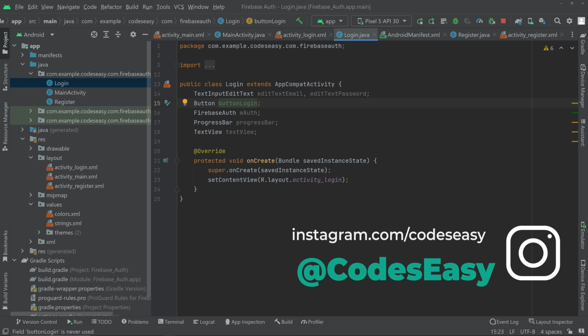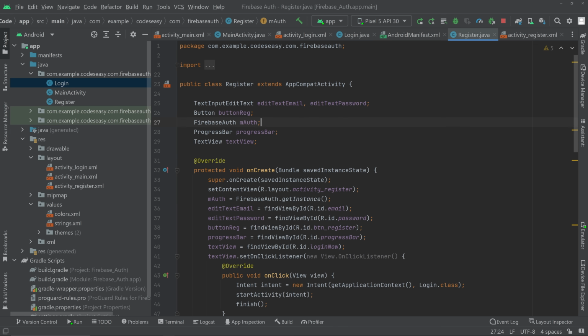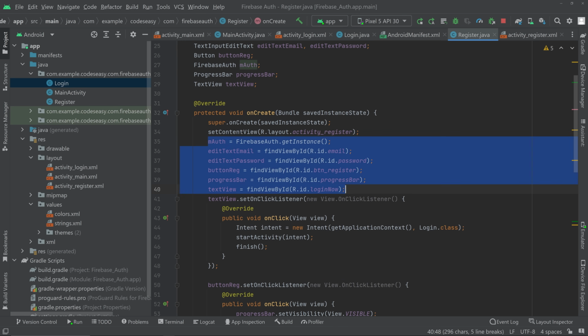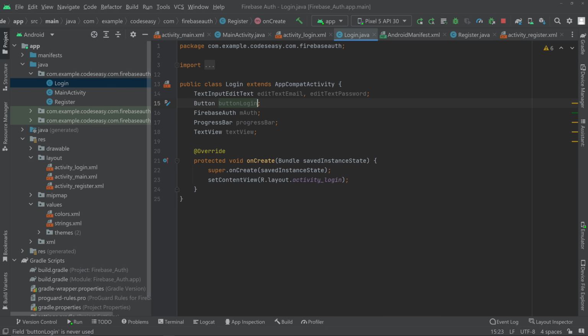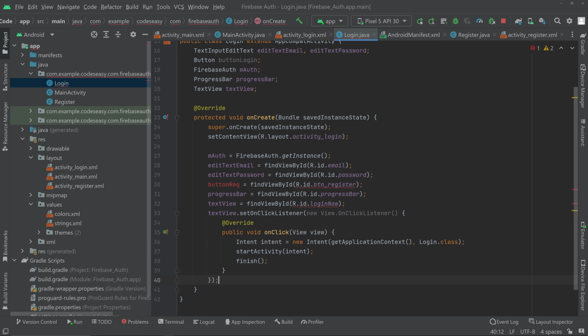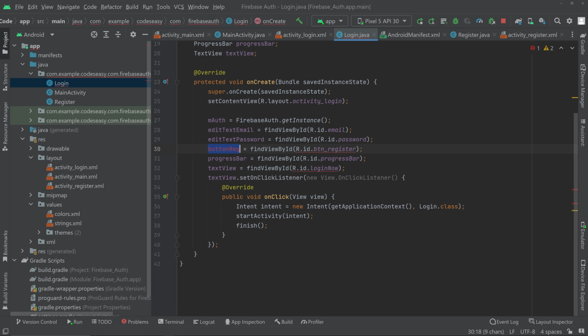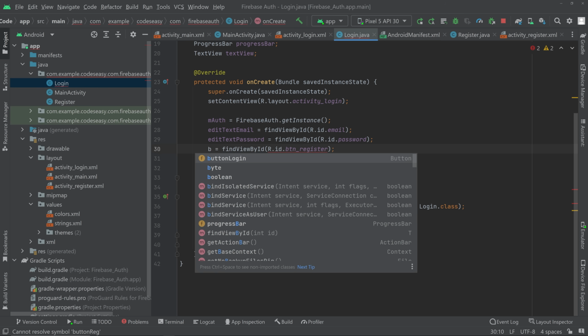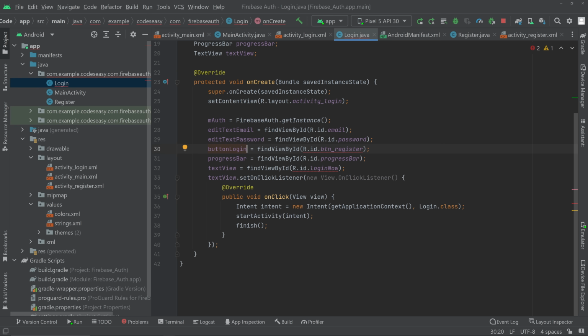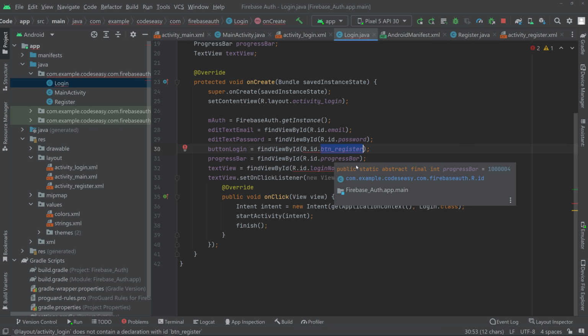Okay, that's all. Now you can go to the Register.java and copy this much. You can paste it in the onCreate method. Now we have to change the button object name and we have to change the IDs, because you can see the ID. This is the ID that we have used on the registration part. So change this to the login button, btn